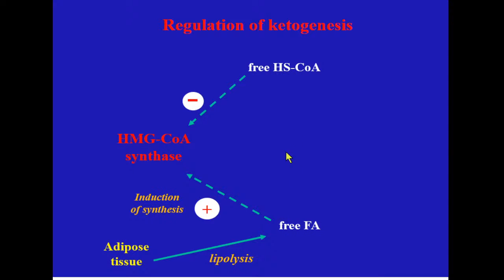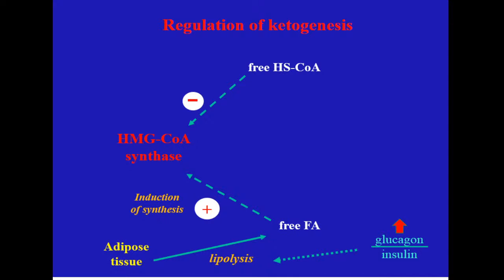So normally we do not have a really high level of free fatty acids in our body. Glucose is absorbed mainly and activates its oxidation, and its conversion to glycogen. But when glucose is not available, free fatty acids are released and induce the synthesis of HMG synthase. Look, what is the button to start lipolysis in peripheral adipose tissue? Of course, it's the ratio between glucagon and insulin. When it grows, it means insulin will be in lower quantity or will not be recognized by the cells.